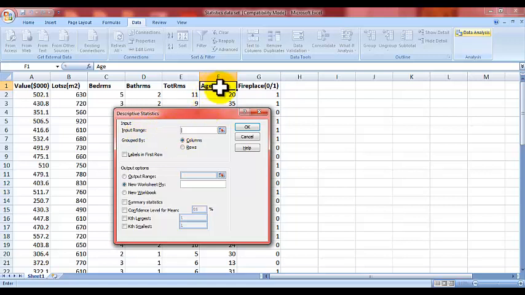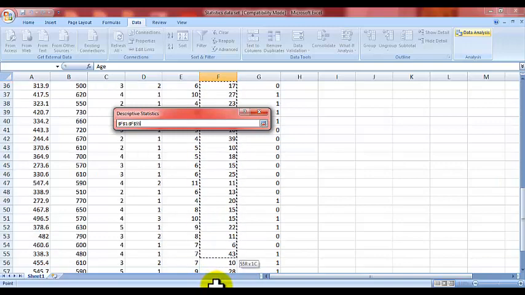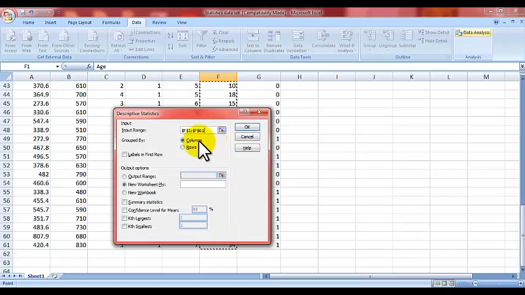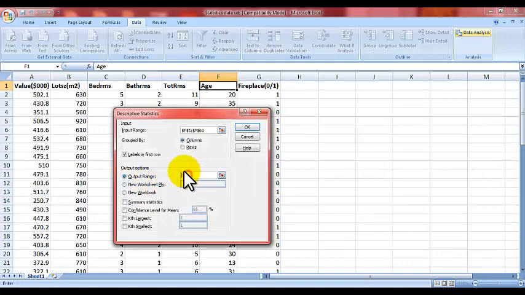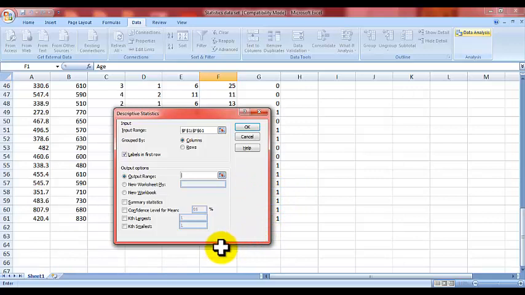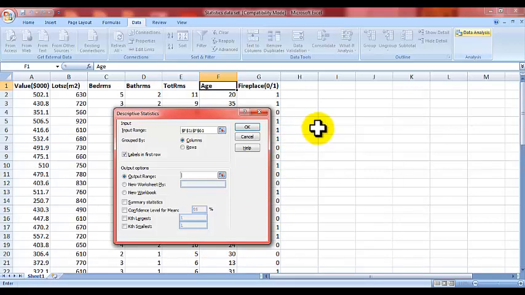Click OK. Now the input range, because we're dealing with the age of the properties, we're going to put that as the input range, and we're going to click and select all the property ages, and that's our input range. Then we'll click on Labels because we have a label in the first cell, and then the output range we want to put in an empty cell where it's visible, so I'll just scroll back up again and put it in an empty cell, and then click on